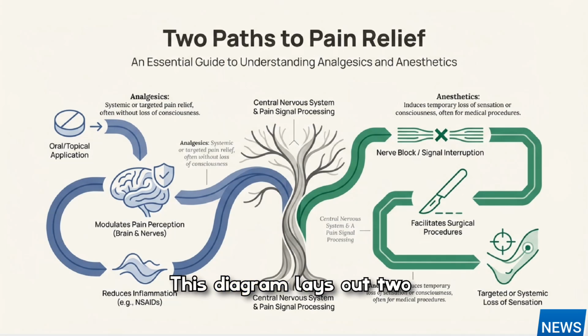This diagram lays out two distinct paths to relieve pain. Analgesics, which modulate perception and reduce inflammation so people can stay functional, and anesthetics, which interrupt nerve signals or induce temporary loss of sensation or consciousness to enable procedures. Think of the nervous system as the central tree where these two approaches either dampen signals or block them entirely